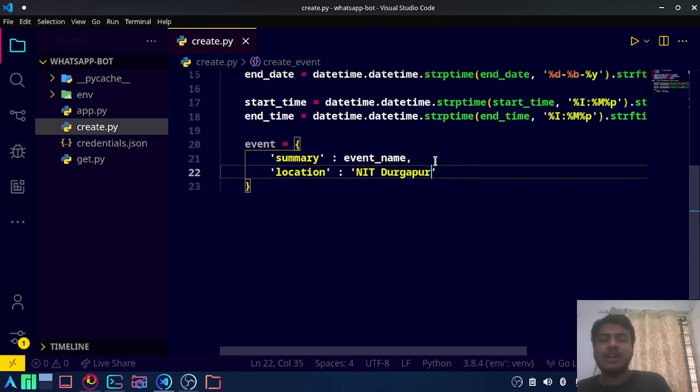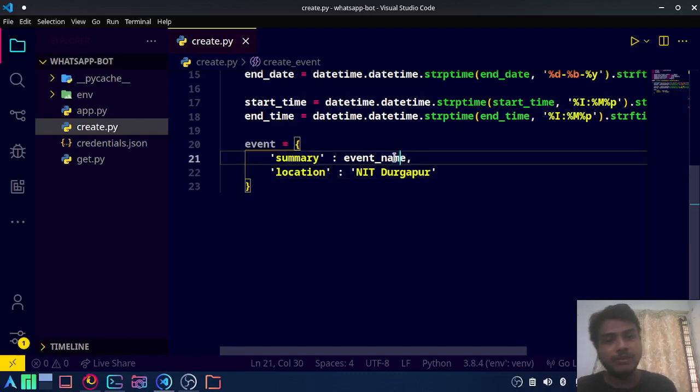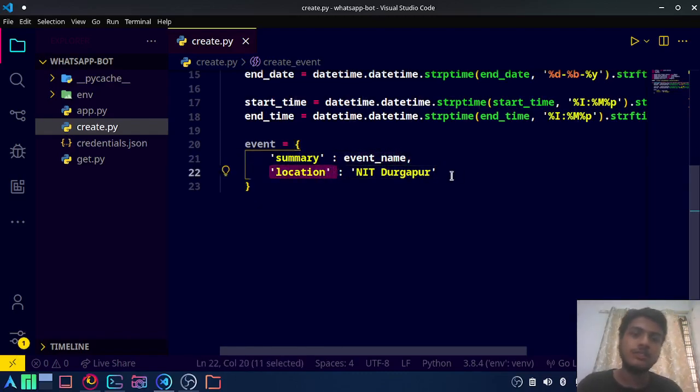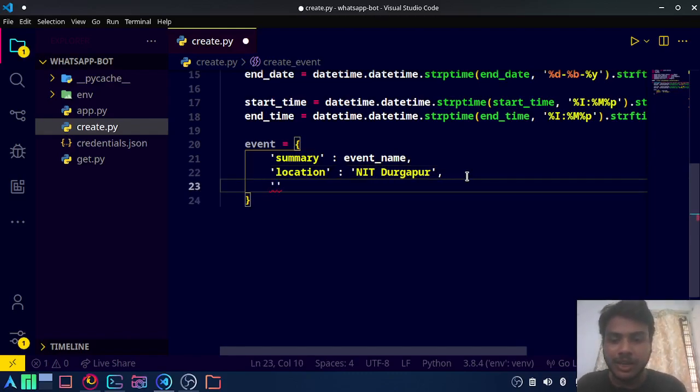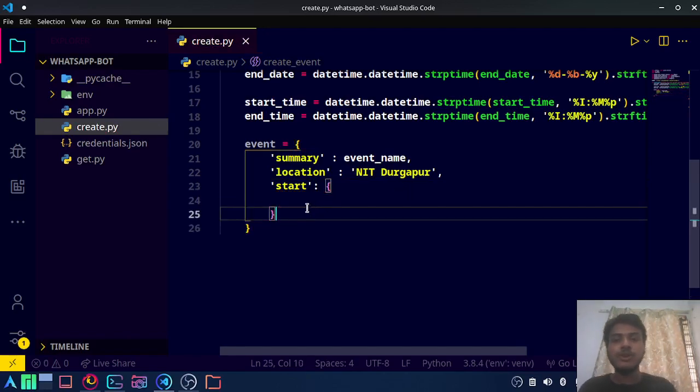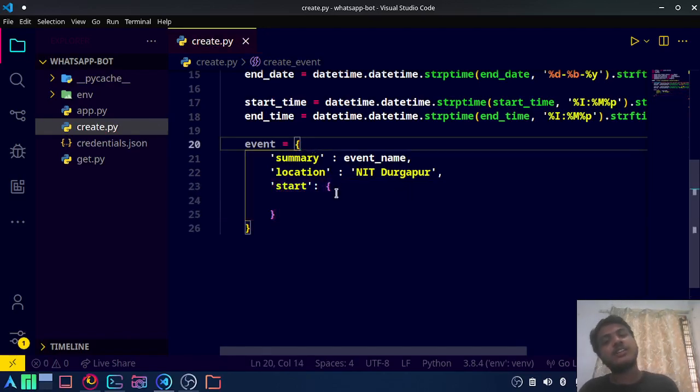So it's like I am creating an event whose summary will be the event name, which will be given by the user. The location is by default NIT Durgapur. You can also take an argument from the user and pass it here as well, but to reduce the complexity of the project, we have set it to default to NIT Durgapur. Now we have to define start here. Start. So what we are going to do, we are going to define start, and we have to create an embedded dictionary. So what I am going to do, I am going to embed a dictionary inside another dictionary, because